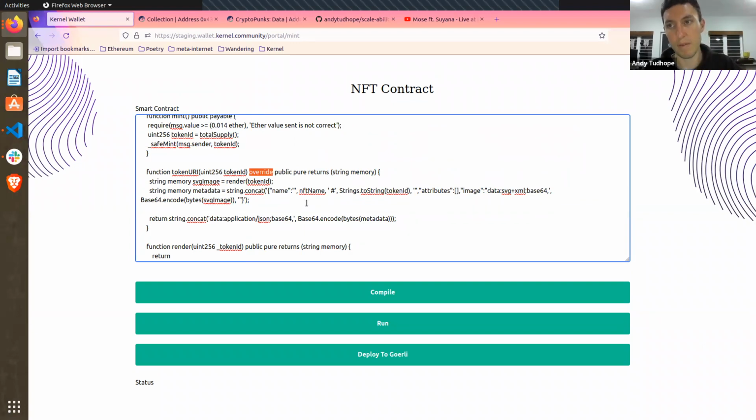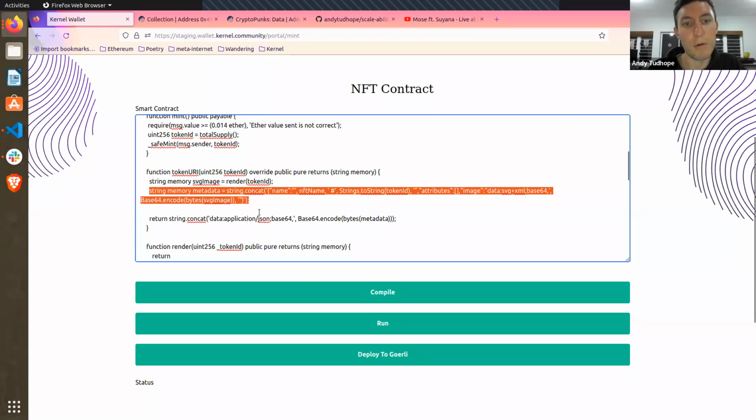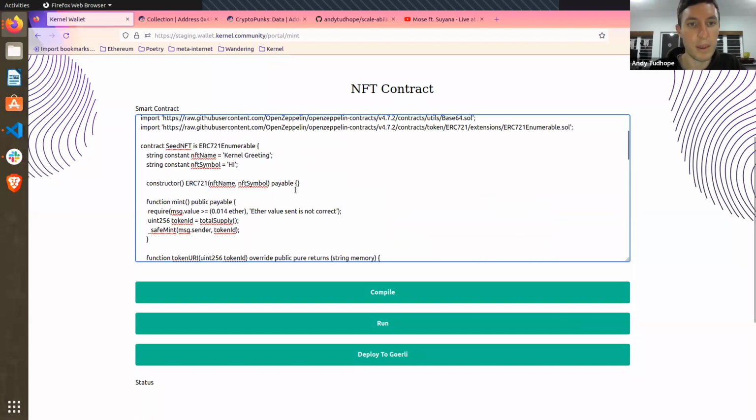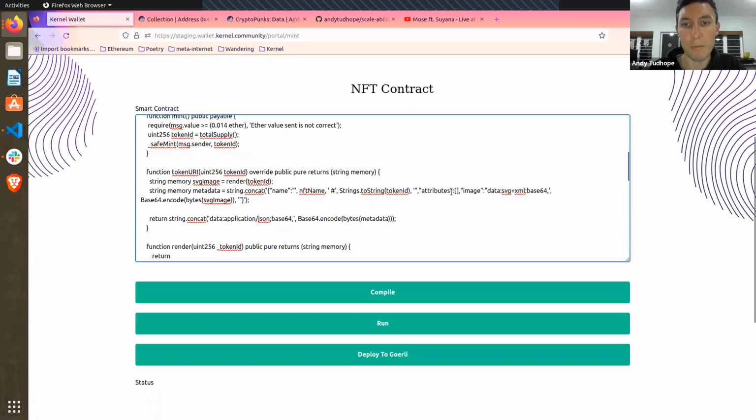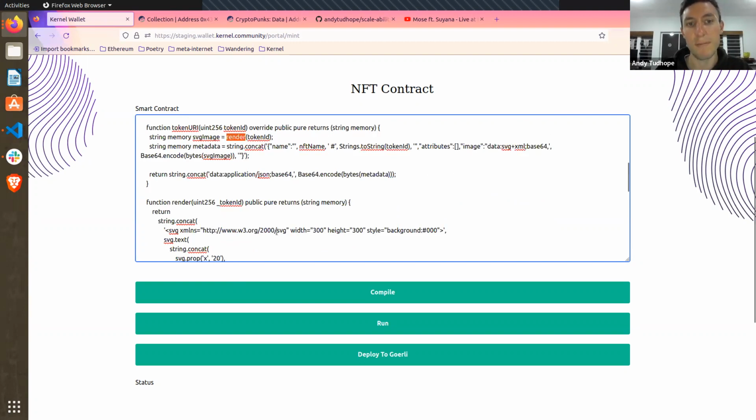So instead of returning some URL, as is suggested by the standard, we format our own metadata here. We give it a name, which we specify up here. We say what number it is, which is set at the time that it's minted. You see we set the token ID to whatever the total supply is at that time. We haven't worried about attributes for this contract. And then the image, which is the thing that is displayed, we tell it to expect some data, which is an SVG in XML form. It's base64 encoded, and we pass back whatever we create in our render function,